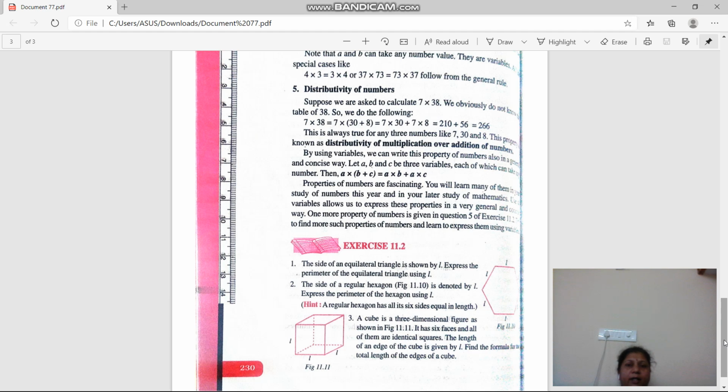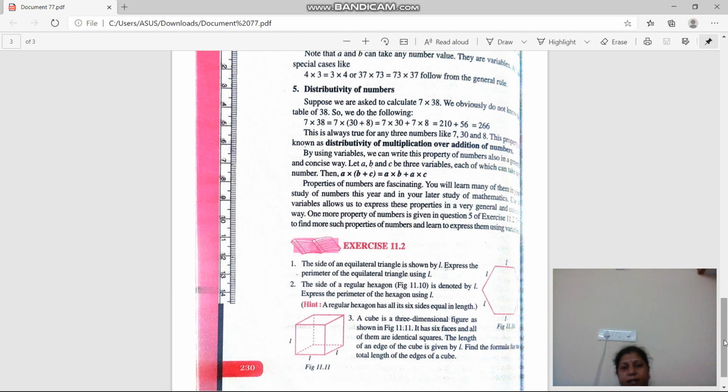Okay, and after that you have to read these examples in exercise 11.2. They are related to geometrical rules, otherwise arithmetical rules. Okay, so read all the examples in 11.2. Okay, don't solve them, but you have to read them, then you understand which formula and how we can use it. But after reading you have to understand,